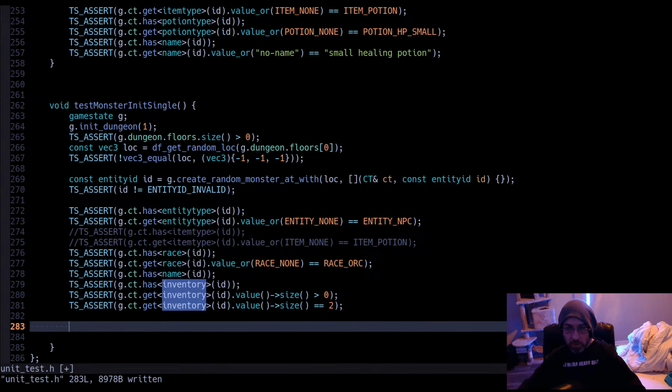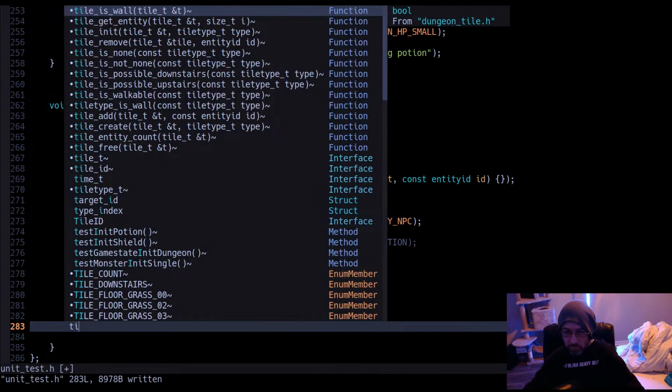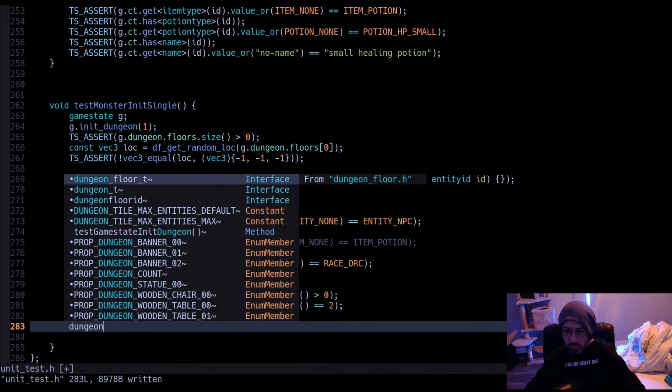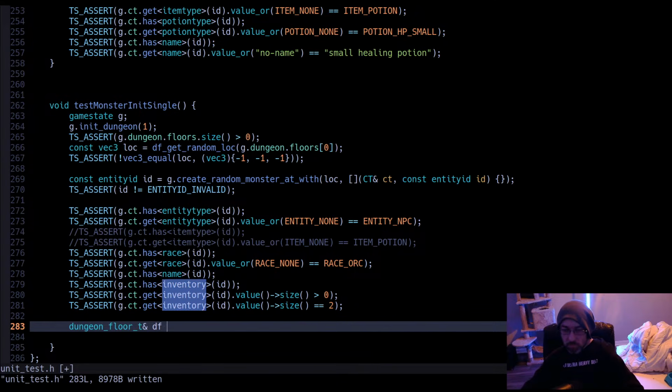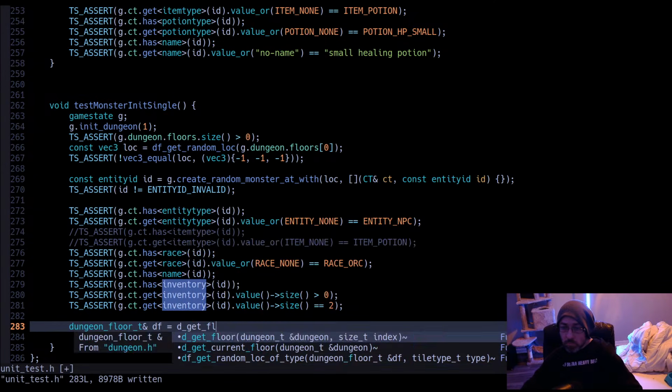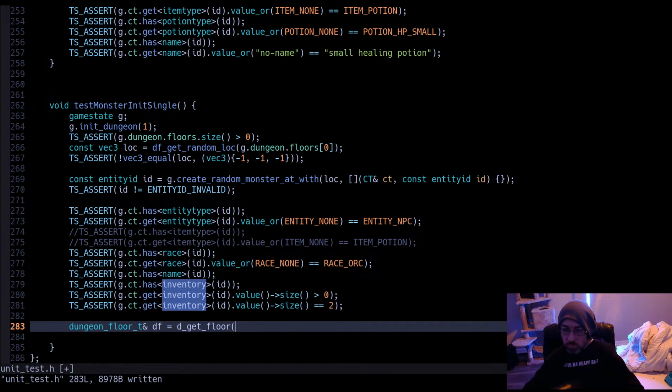What about assertions of the tile itself, right? Yeah, I could just access it like this.